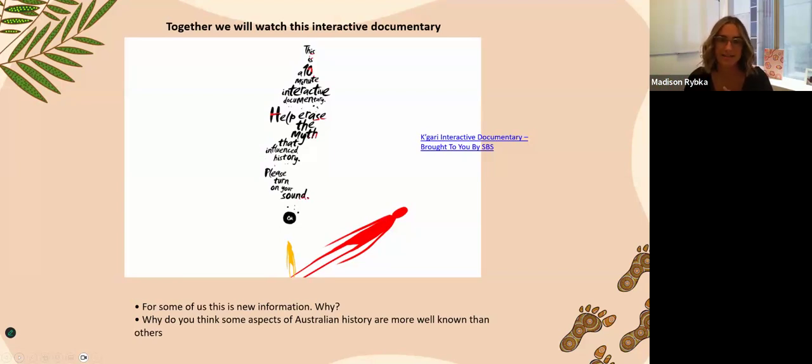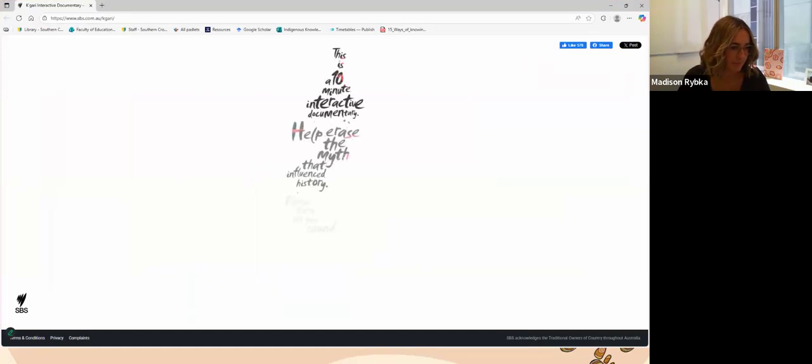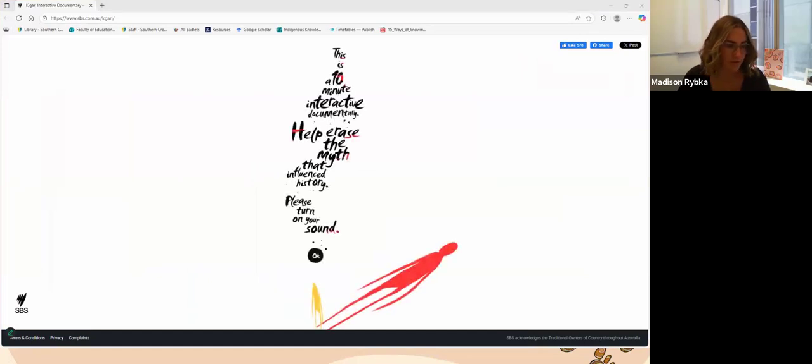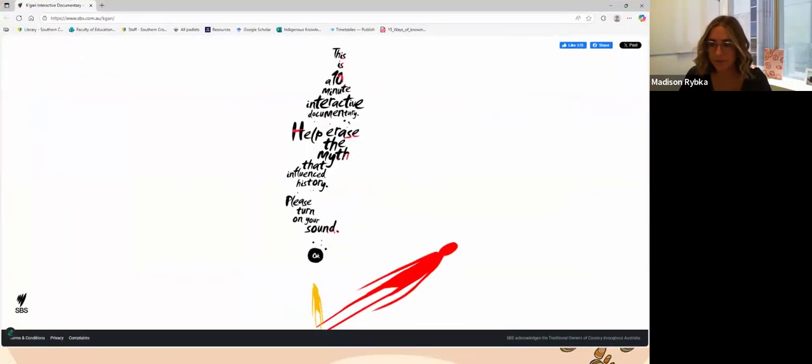What's interactive about it is it tells you when to click, and when you click a button, words wash away. So it does try and keep students engaged more. So this is about Gari, formerly known as Fraser Island. So this is the interactive. I'll make it a little bit bigger. What's it going to? Okay.